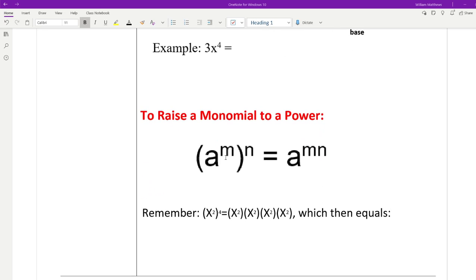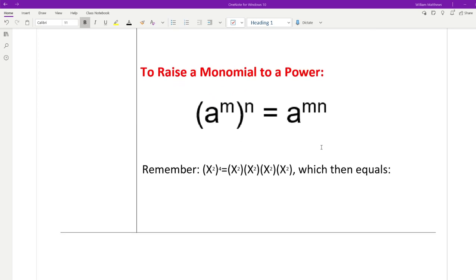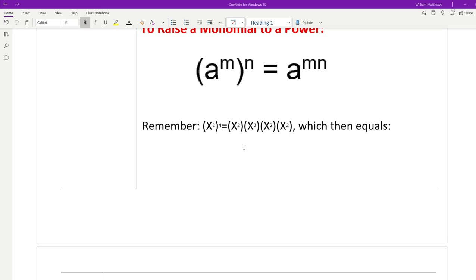So in this case, what we mean by multiply, if we have some value, in this case a, raised to a power of m, and this is all inside parentheses showing that it is raised to another power, we will multiply the exponent values. An example would be right here,